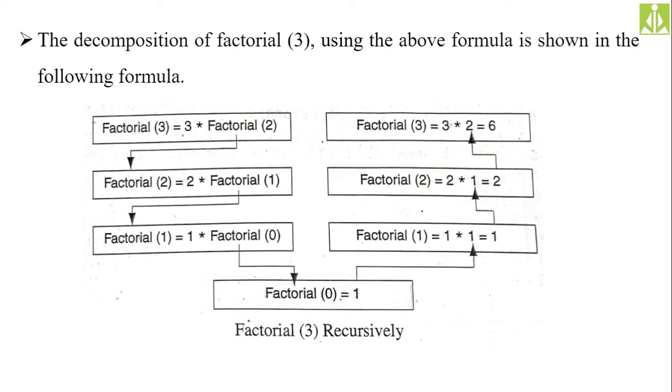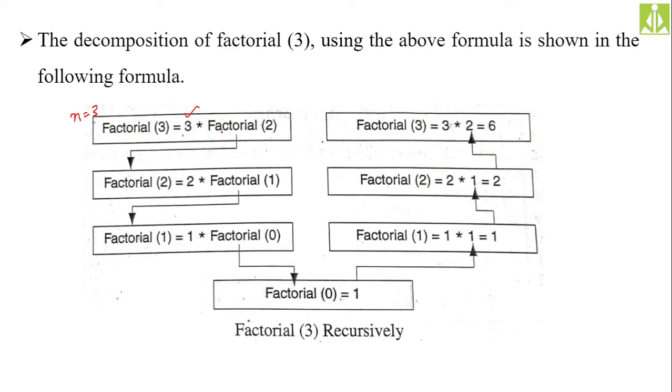So here, when you are calculating the factorial of 3, the n value is 3, isn't it? So n into factorial of n minus 1 is nothing but 3 into factorial of 2. Here we need to replace this factorial of 2 with the factorial of 2 value. So how can we calculate the factorial of 2? Once again, employ the recursive definition.